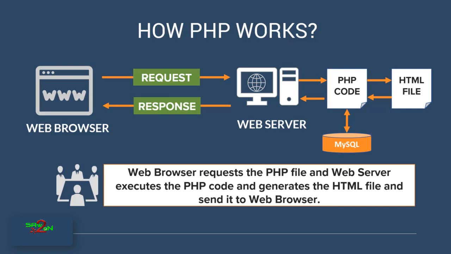So one question that you can think is, what if there is no conversion of PHP code into HTML code? What if the web server just gives the PHP code to the web browser? What happens at the web browser? The web browser will print the PHP code. It doesn't understand how to interpret it, so it will just show the PHP code. The interpretation of PHP code to HTML code happens at the web server.